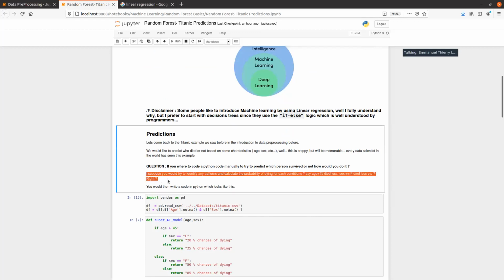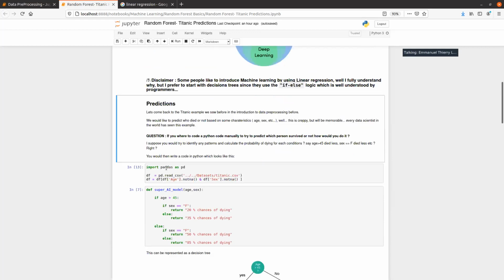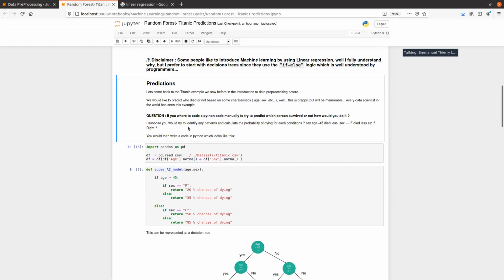But if we calculate what we call the conditional probability of all the different features, namely age, sex, and so on, and organize them by what impacts most who died or not, we can calculate all the probabilities and say, well, people over 45 died less, or people under 45 died less, and people of female sex died less.